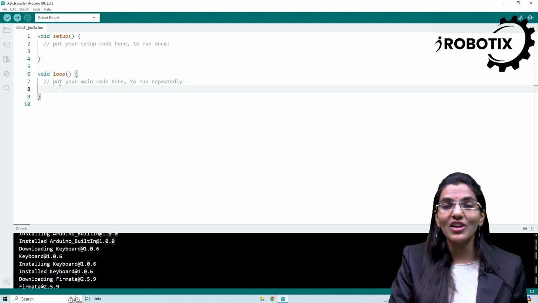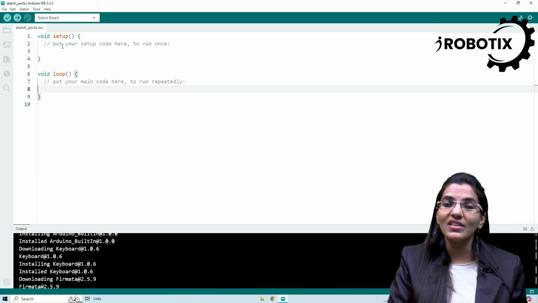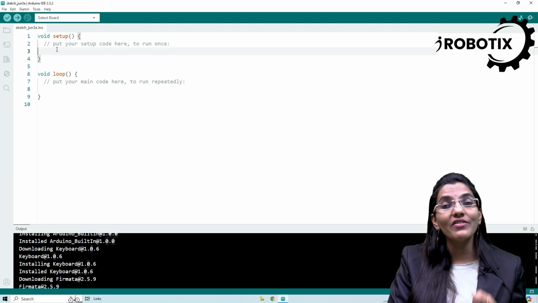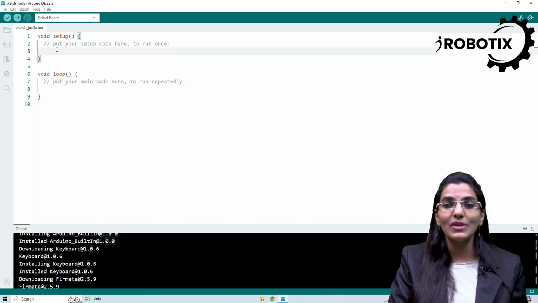So, because we are using an LED, we need to set it up in the void setup function. An LED is actually connected to a digital pin on Arduino. We are going to see what digital pins are a little bit later in this course.